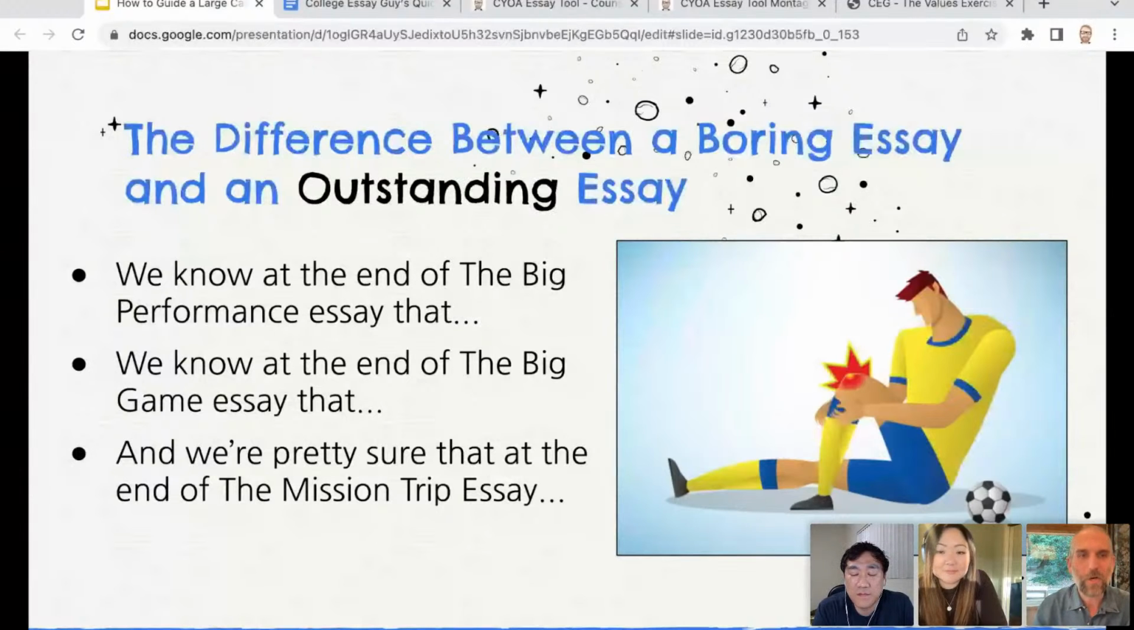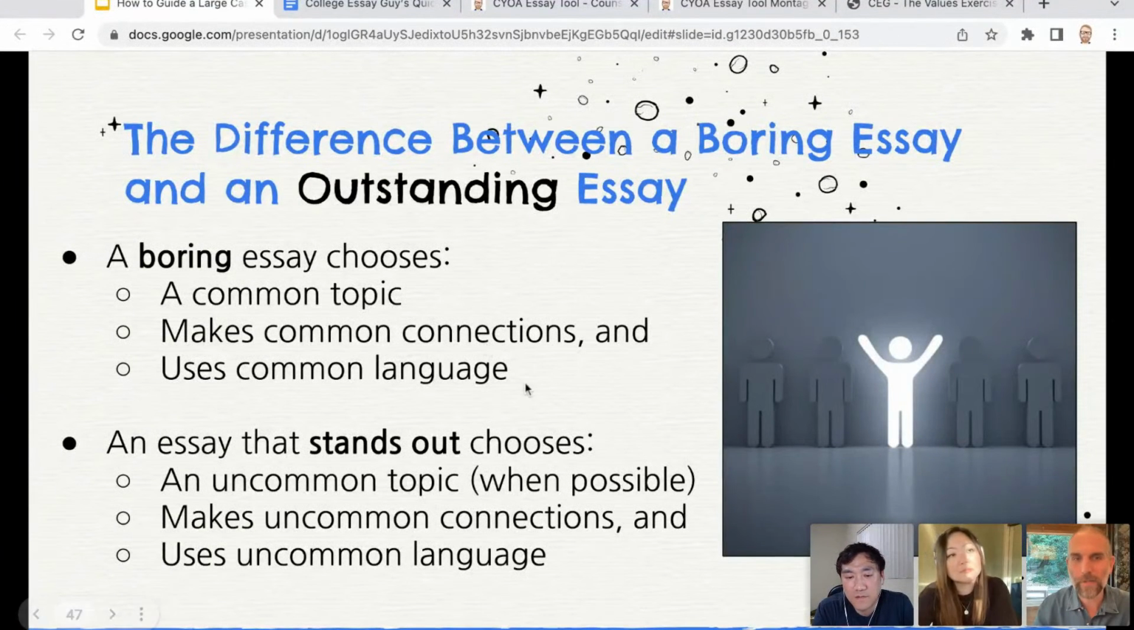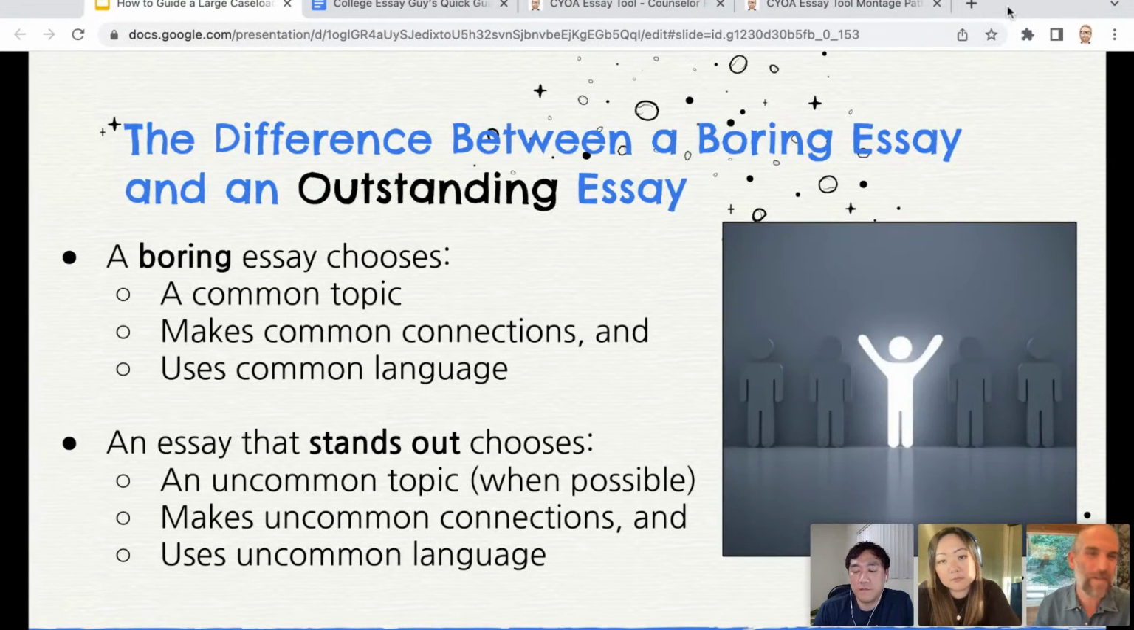But if instead we can encourage students to take a common topic that makes common connections and uses common language and begin to consider, is there an uncommon topic, something that they haven't thought about or that other students might not be thinking about, that's making uncommon connections? So, okay, maybe it is a common topic, but maybe it's talking about some values we wouldn't expect. And when possible, using uncommon language, which is to say, if you read a line and you feel like it's kind of cliche or it's like someone else would say it, especially at the end of the essay,